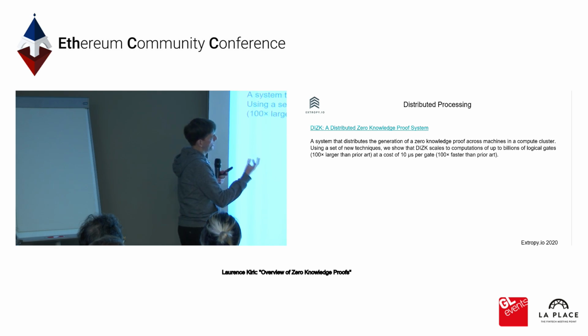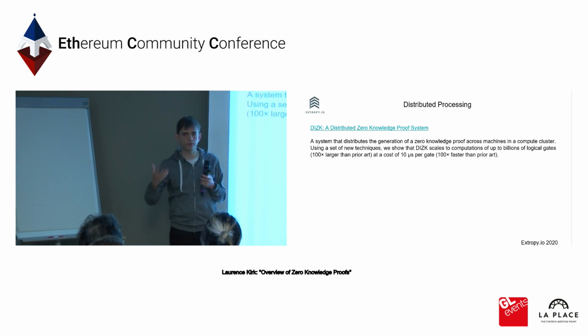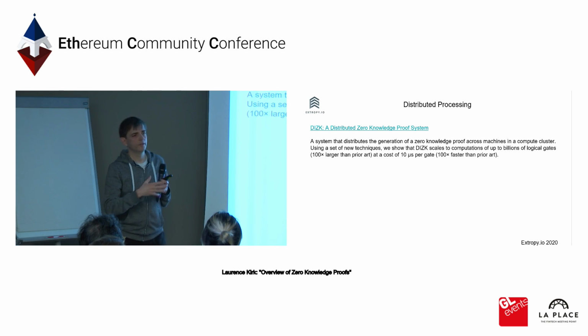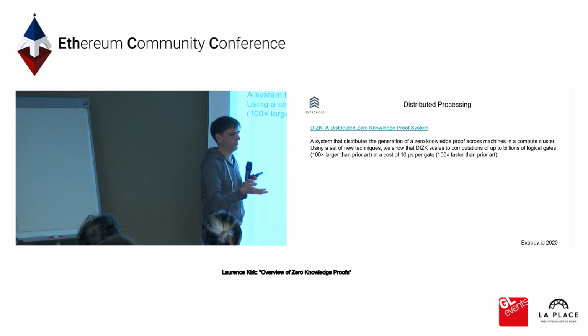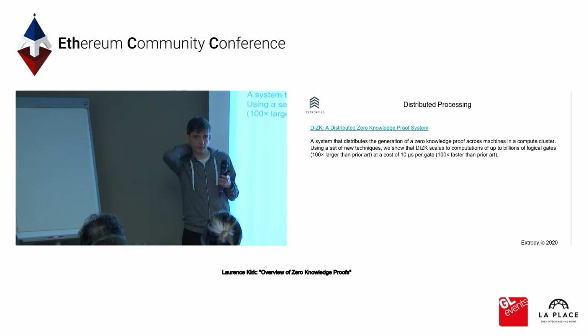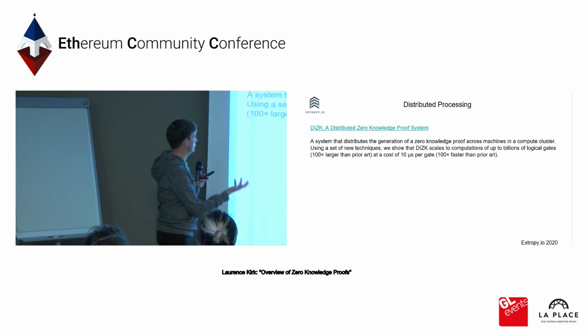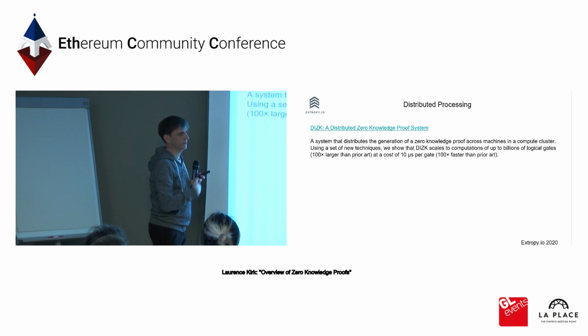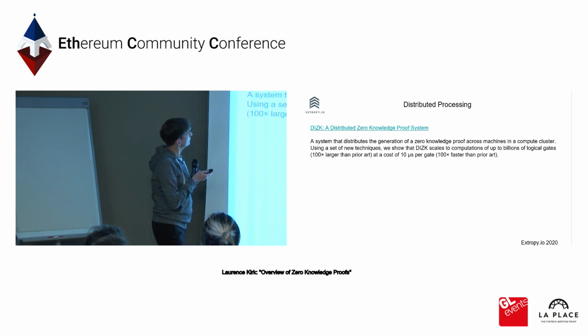One of the things that will take time is this idea of the amount of logic gates. So in your initial algorithm, this will be turned in a ZK snark into a number of logic gates, and there is typically an upper size dictated by the performance because of the amount of processing that you'll need to do. So there's a typical upper size of your algorithm that you're going to be able to prove. And so DISIC say that they can really up this because they can then farm out a lot of the processing to multiple machines and therefore make the whole thing more performant.